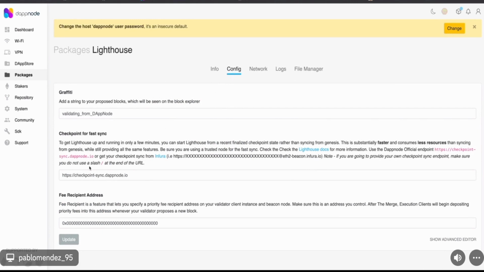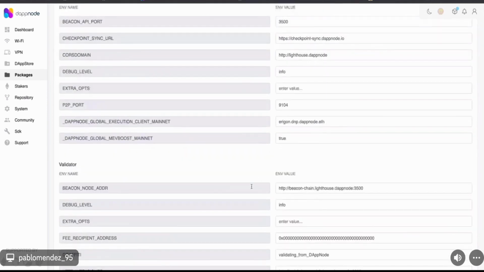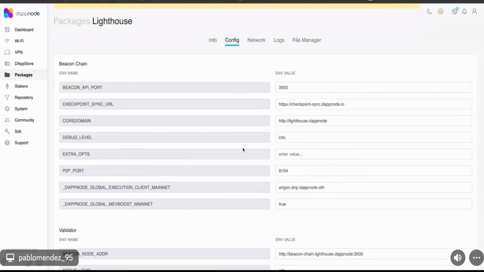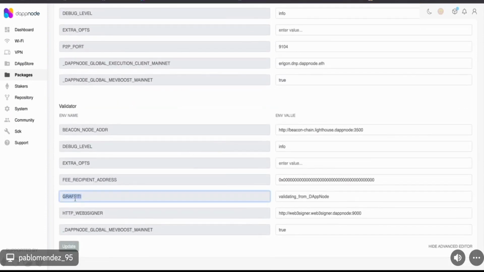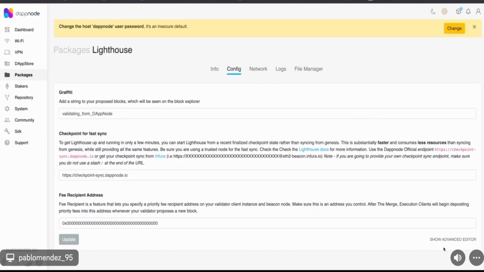It is mainly a beautiful box for setting Docker Compose environment variables, but it's nothing else than that. It is the same as this one, which is uglier, but it is the same. It says, okay, I have this graffiti environment variable, and the value is this one, and that's it. But it is more beautiful to just show this one for us.